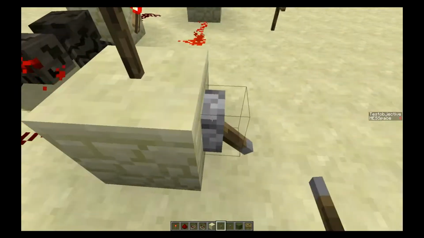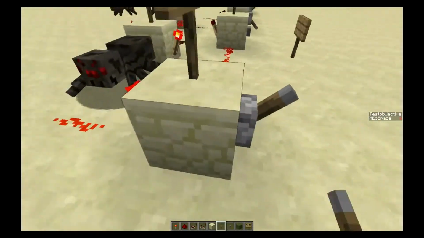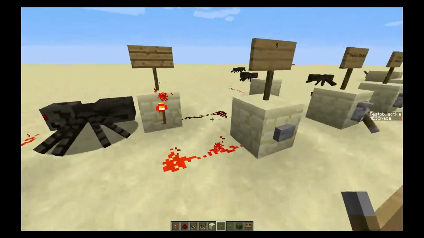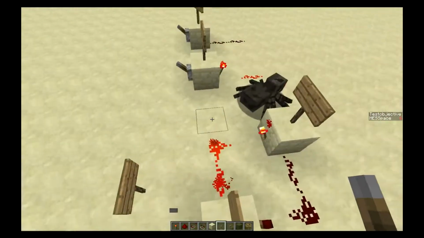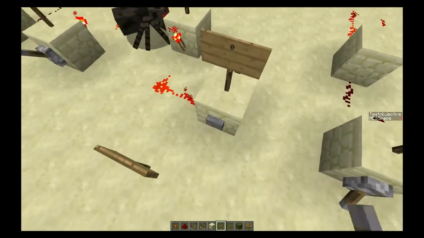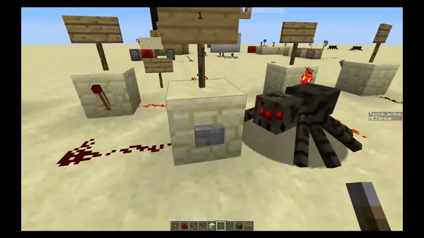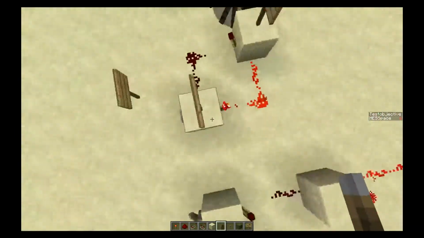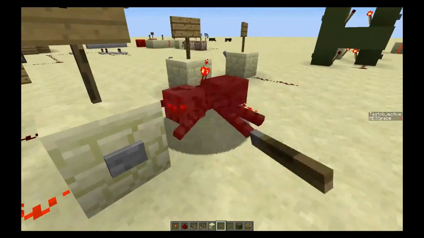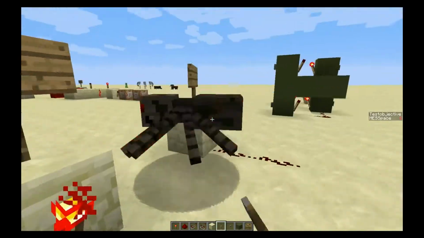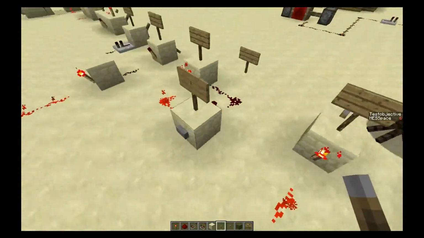Pretty simple. If you flip the lever on, the redstone goes off. Flip the lever off, redstone goes on. This is a memory cell, which is where you can store ones and zeros and stuff in, I guess, the Minecraft world. So, if you really wanted to, you could store the binary code of, like,